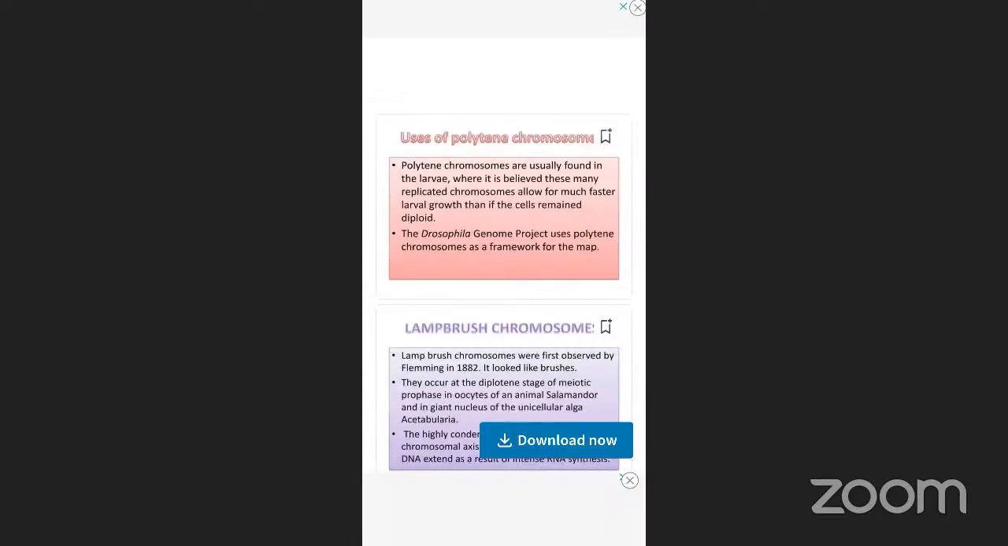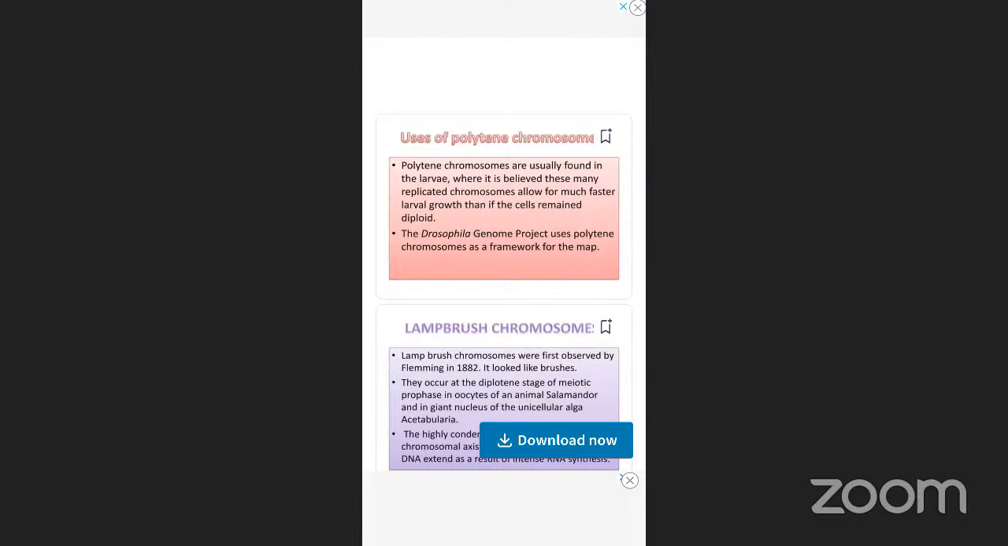Polytene chromosomes. Mainly these are seen in the salivary glands of Drosophila. The glands have about 1,000 DNA molecules arranged side by side, a result of rounds of DNA